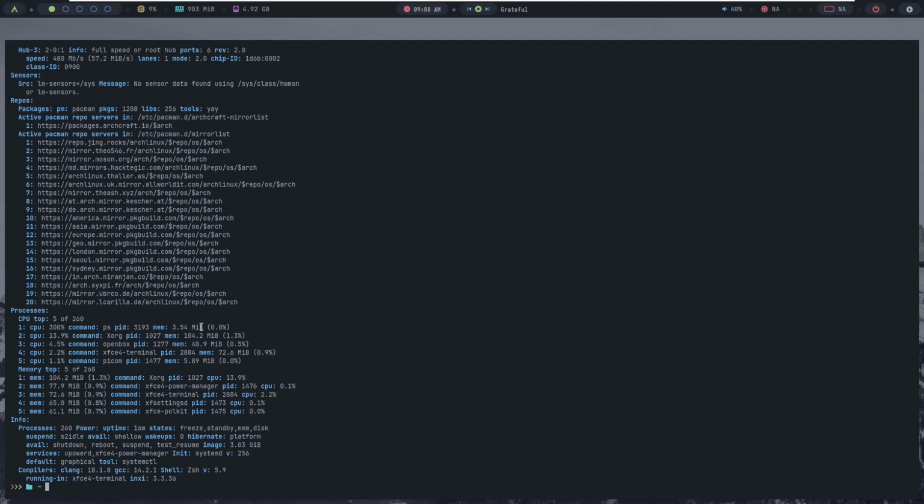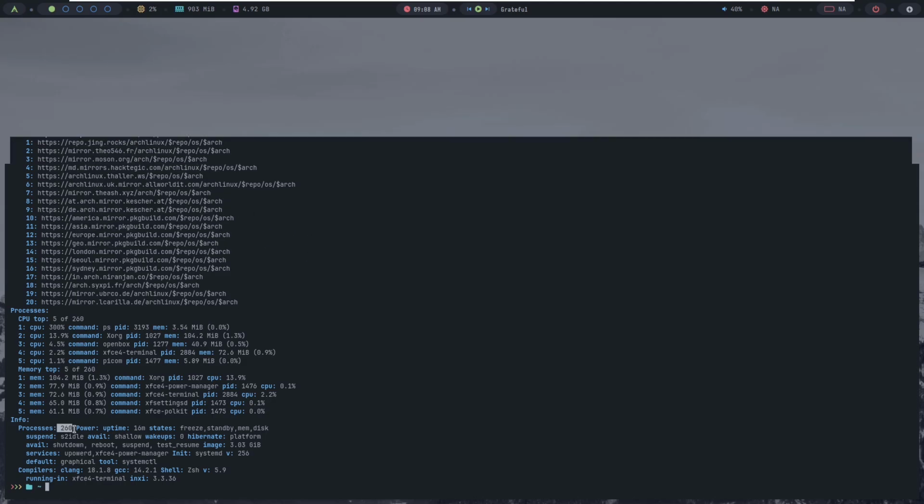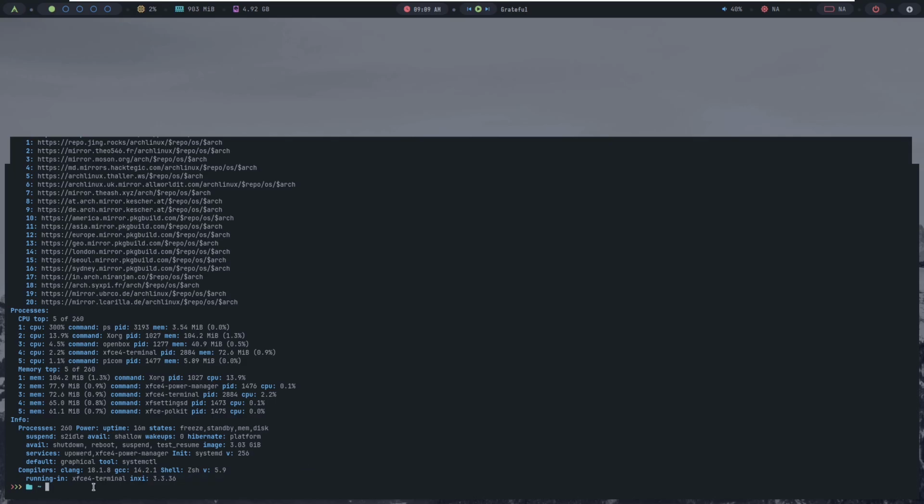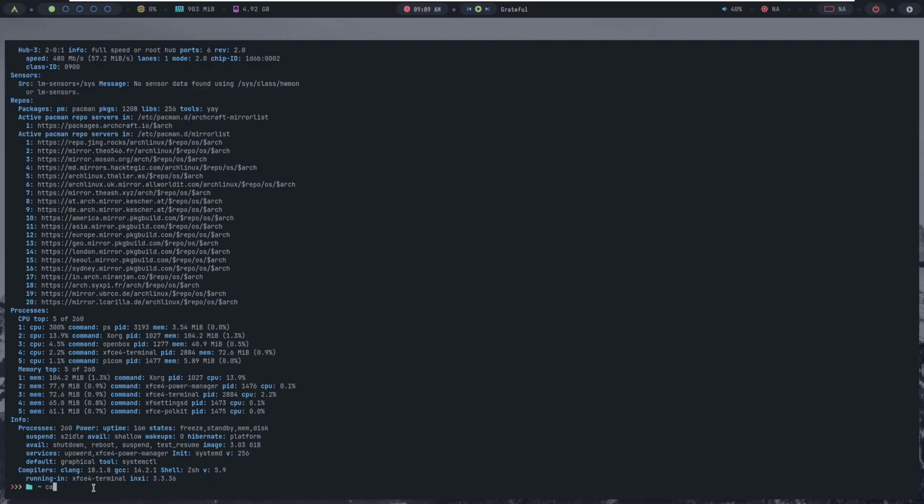Here are the repos. Processes running right now, 260. Uptime is almost 16 minutes. Init systemd version is 256. Clang version is 18.1.8. GCC version already mentioned. Shell is ZSH, version 5.9. Inxi version is 3.3.36. So let me type in cat